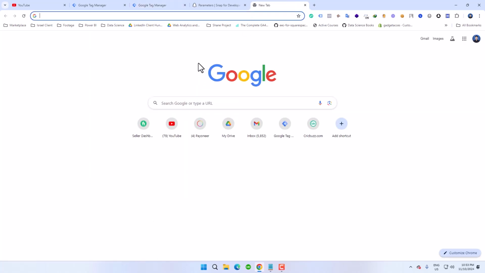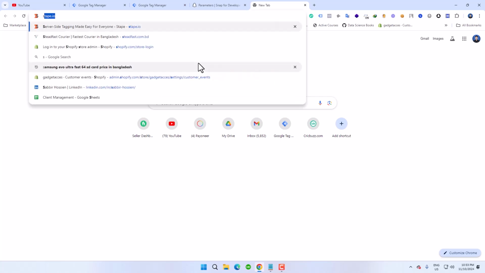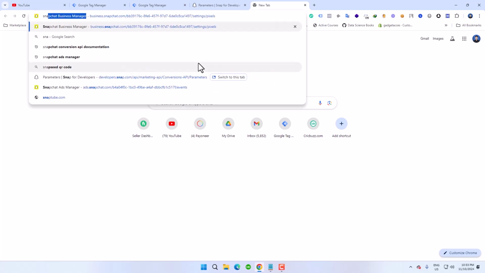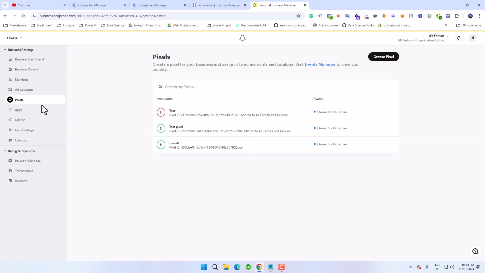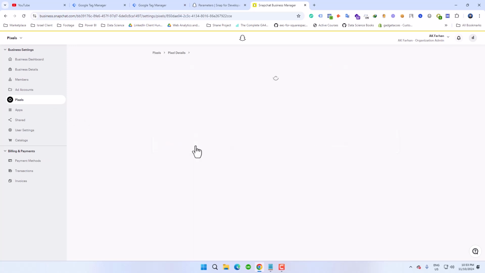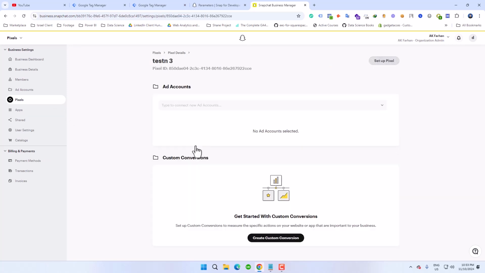To get the API access token, I have to go to the Snapchat ad account, actually business.snapchat.com. Under the Snapchat Business Manager, I will find the API token, and this is the pixel. Maybe I'm working on this test pixel 3. Okay, in the test pixel 3,